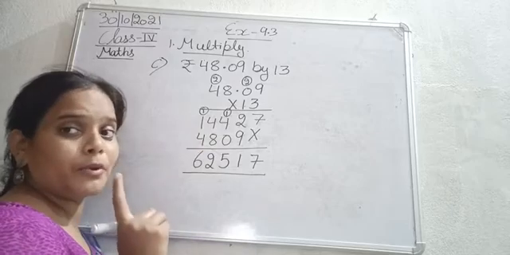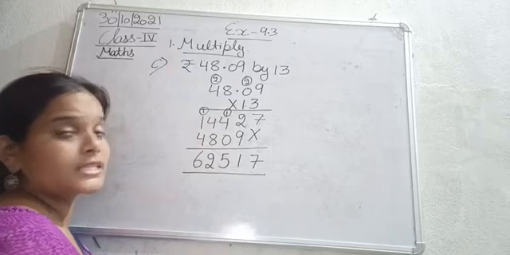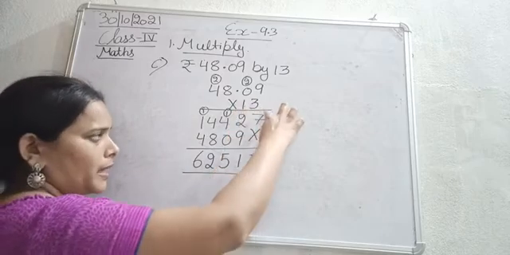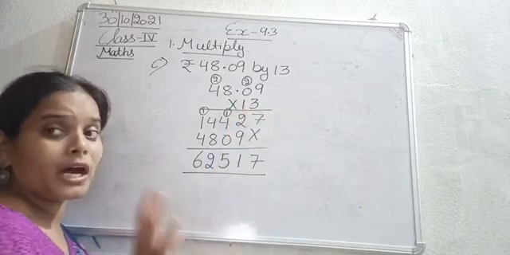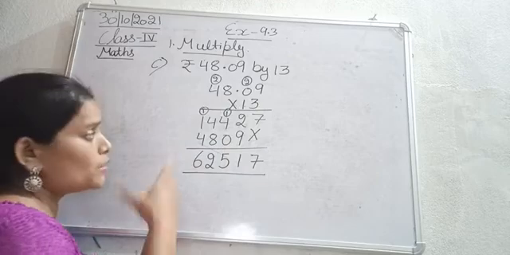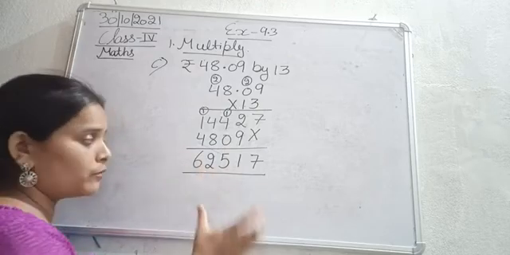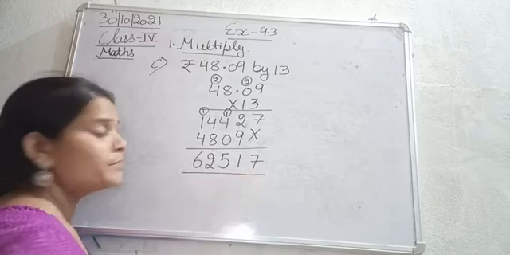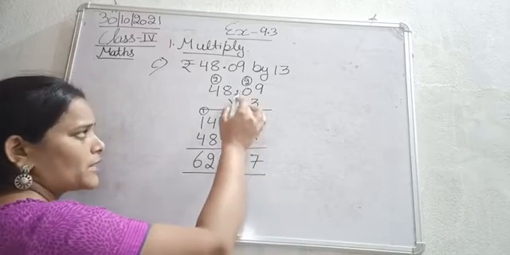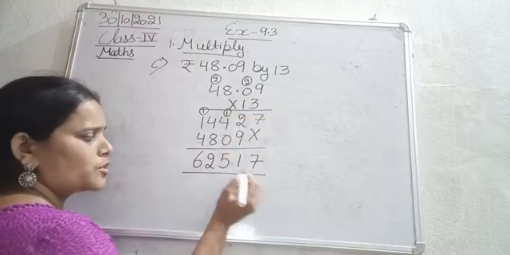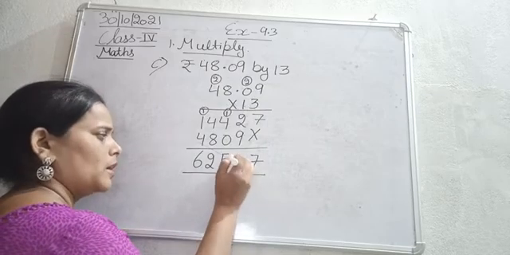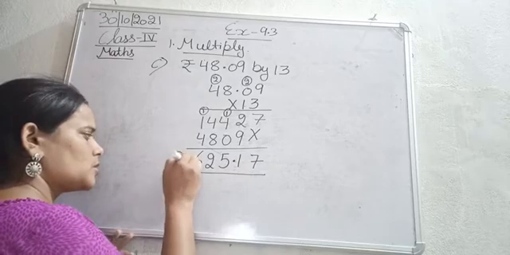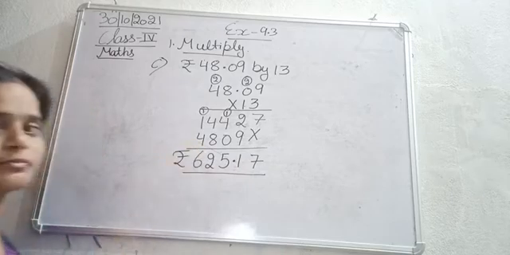Okay, so one important thing that you need to notice here is, देखिए here we are multiplying with a 2 digit number, but here we are not going to use any point. यहाँ हम कोई भी point use नहीं करेंगे. You will just simply do the multiplication, and when you get the answer, now we are going to put the point or the decimal. So here in the question after decimal we are having 2 digits, so 2 digits छोड़ के just put the decimal here. यहाँ पे decimal point लगा लीजिए, and this is rupee sign.